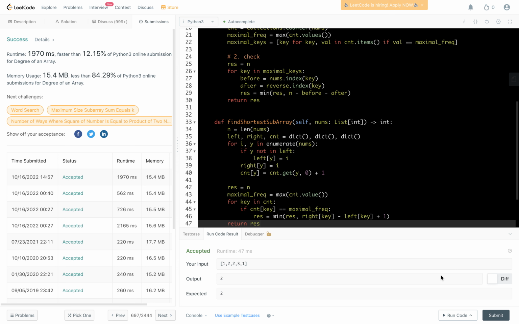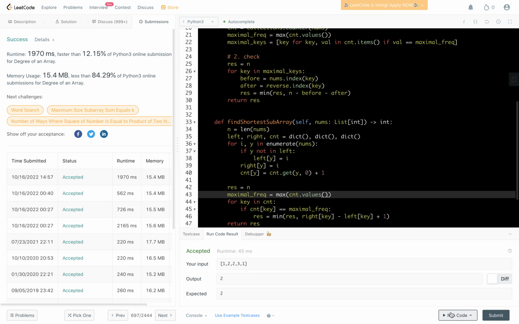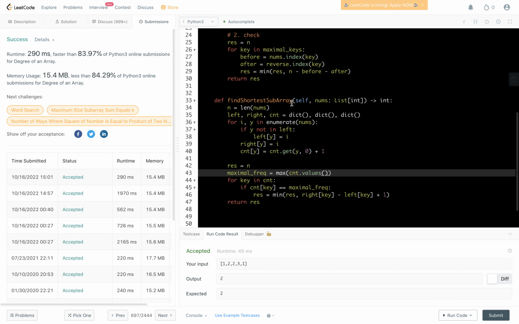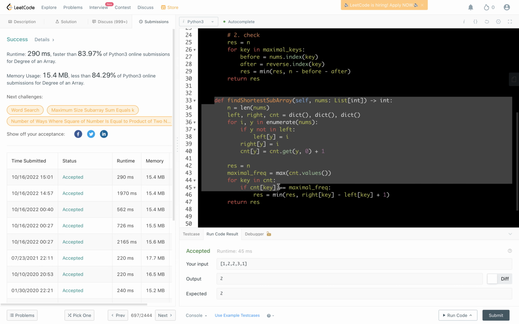So let's do the check. Dict has no attribute values, so let's see here, values. Yeah, it passes one example. Now let's look at the generic case. Yeah, it passes all the cases. So this is the second solution format. But actually we can copy this one and